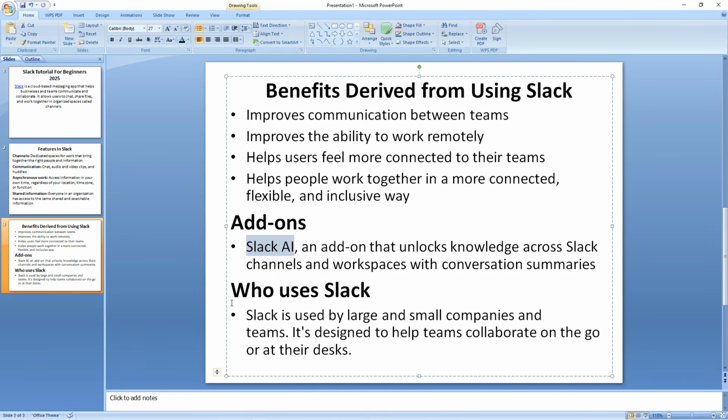Now, the last part I want to talk about is who uses Slack. Well, Slack is used by both large and small organizations or companies, and also small and large teams. Now the major aim of developing Slack is to help teams collaborate on the go or at their desk. What this means is that perhaps you are out for lunch,